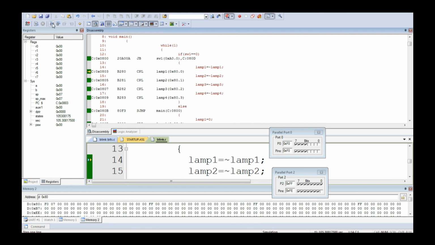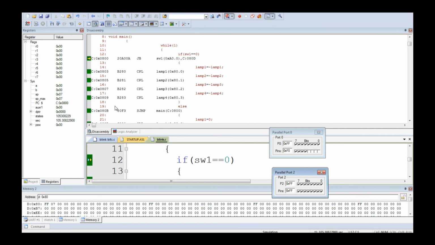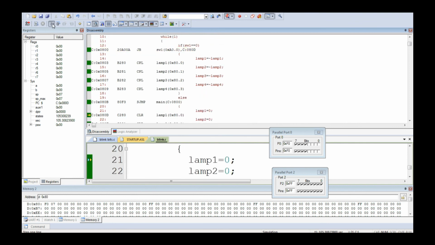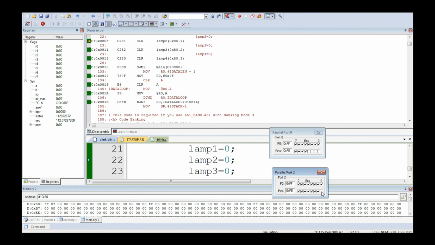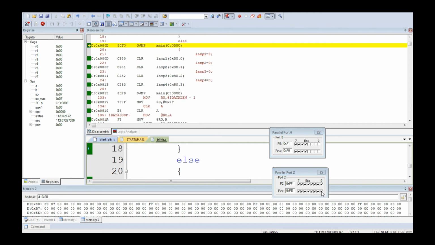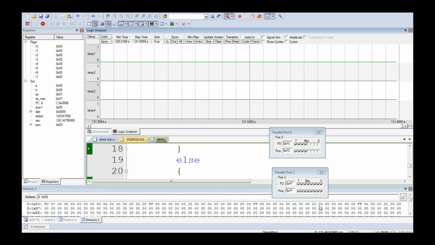And you can look at Port 0 also. It is becoming 1 1 1 1, then 0 0 0 0, 1 1 1 0 0 0. So the indicator lamp is glowing. But soon after, if I make it 1, it will never go inside this if statement; it will go out of the if statement like this. So once again, to conclude, I am running this code. If I make it 0, the 4 LEDs are toggling. If I press, it will switch off, which is simulated through the logic analyzer also.